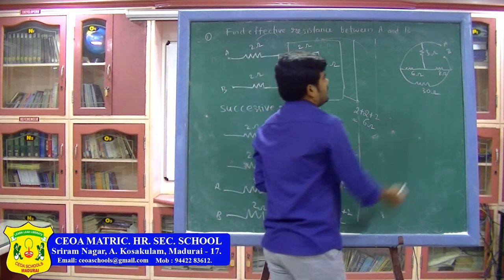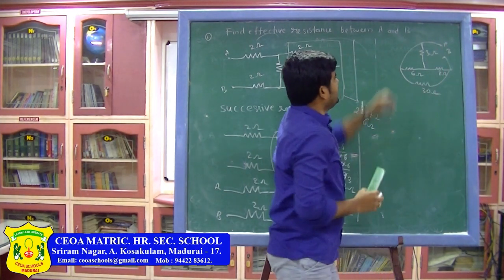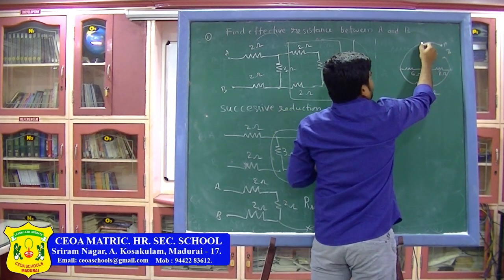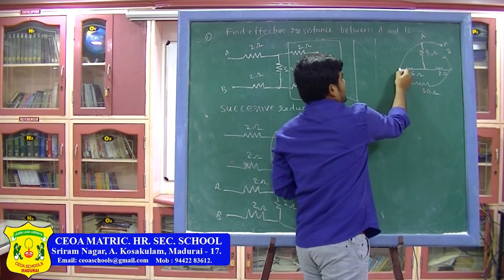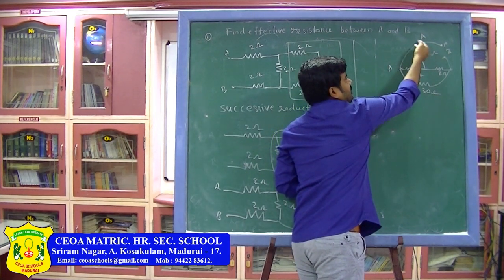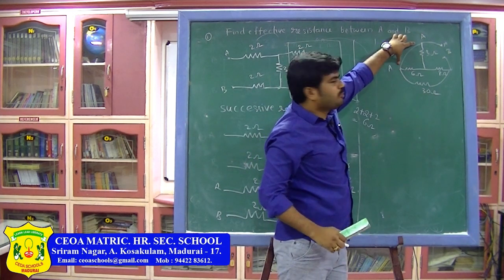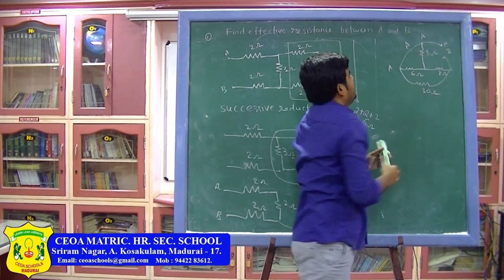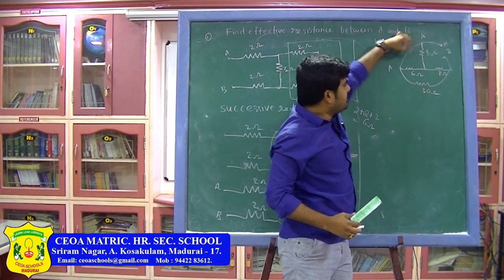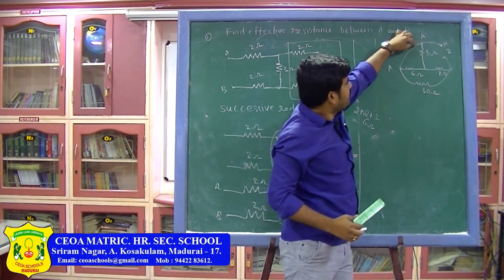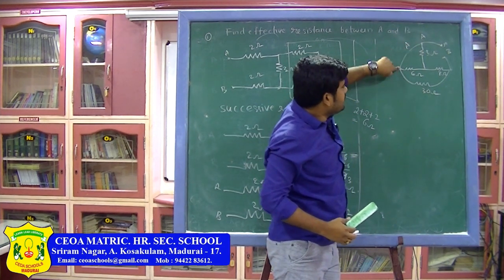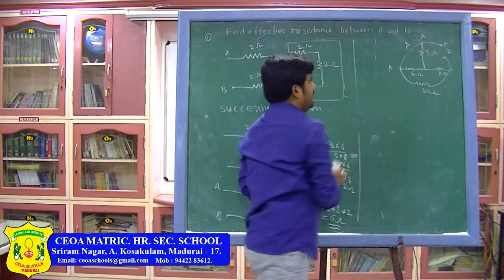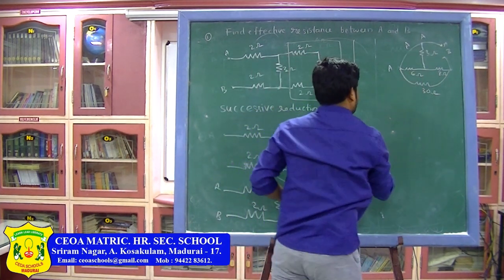Now if you see these points A and B, see here this part between 3 and 6 ohm. Suppose I take this point, this is A. Now I can write this point as A and this point also A. That means this is a wire connection, because there is no resistance, you can consider it as a same potential region. So anywhere I can represent this point as A. That means nothing will change if I connect this resistor here. So you can connect this 3 ohm here to the 6 ohm, because this is totally a wire connection. Now let us redraw the circuit by doing that. So here first, let this be point A.